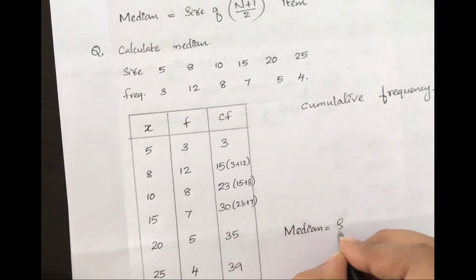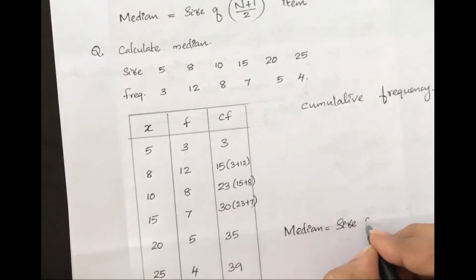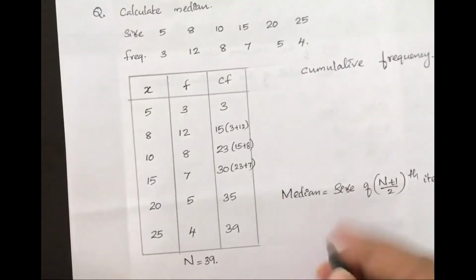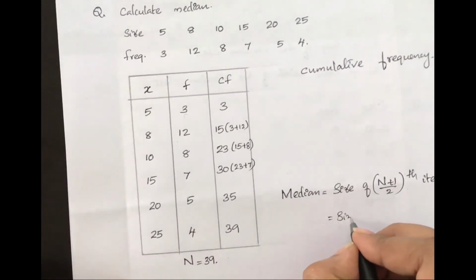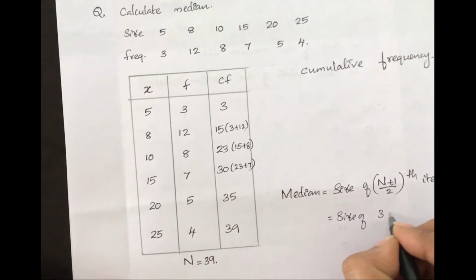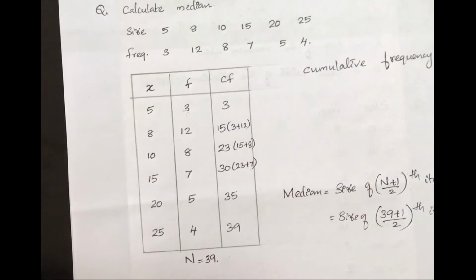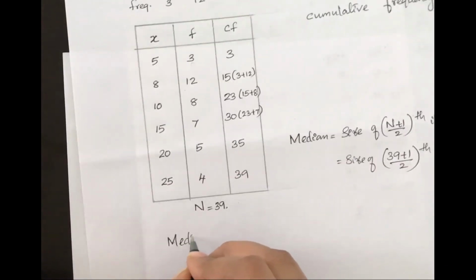Median is equal to, first write the formula: size of (N plus 1) by 2th item. Here capital N is 39, that is size of (39 plus 1) by 2th item. 39 plus 1 equal to 40. 40 by 2 is 20th. So median is equal to